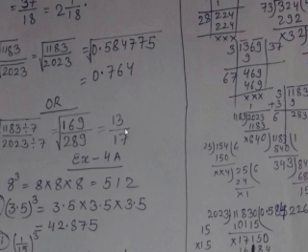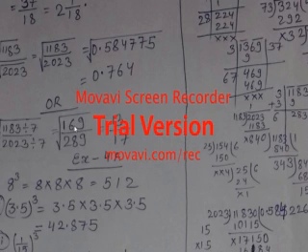If you know that 13 square is 169, then simply you can write the square root of 169 is 13. That's why I had said up to 20 you have to remember. If you know the square of 17 is 289, so simply you can write the square root of 289 as 17. I hope all of you had understood.